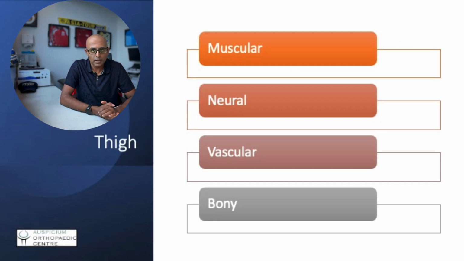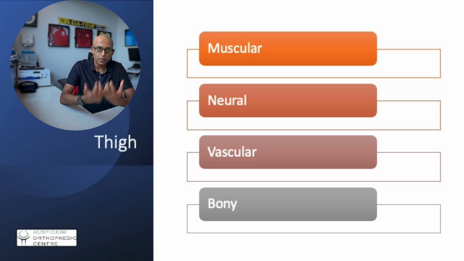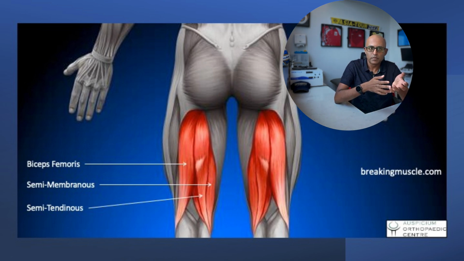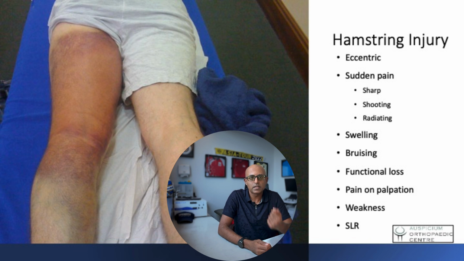So dealing with the thigh, there's a whole variety of different structures that could be injured, but commonly it's the musculature, neurovascular structures, or the bony structures. Let's think about hamstring injuries. Now remember, there are three hamstring muscles: the semimembranosus, semitendinosus, both medially, and the biceps femoris laterally. Most commonly, the biceps femoris is affected through eccentric loading, particularly in fast movements such as sprinting during a race,